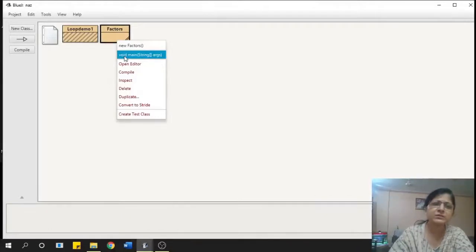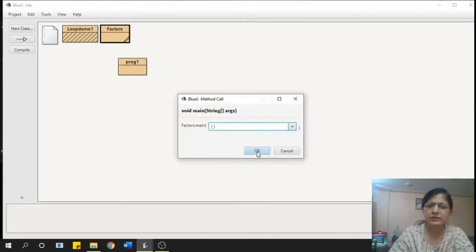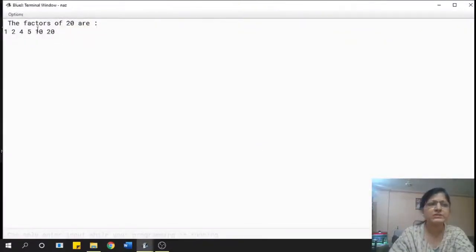Now let me execute this program. When I execute this, I have no input, so I just press OK. Now you can see over here, it is printing 1, 2. Since 3 is not a factor, it is not printing 3. 4 is a factor, 5. 6 is not a factor, 7 is not a factor, 8 is not a factor, so it doesn't print all that. 9 is not a factor, 10, and then at the end it is printing 20, because as I told you, for any given number, when you reach the half of that number, you'll not find any more factors beyond that. So we can actually stop there and print the number itself as the last factor.